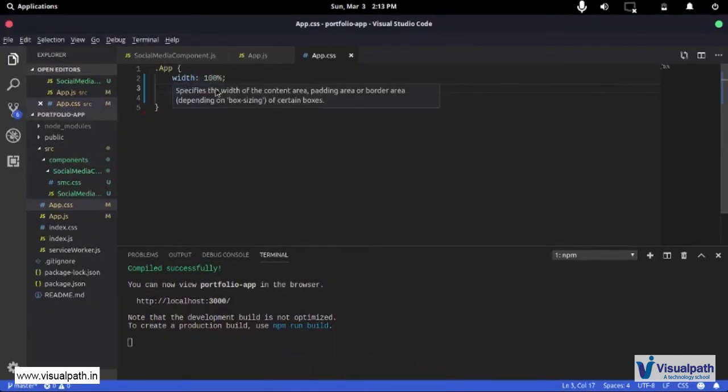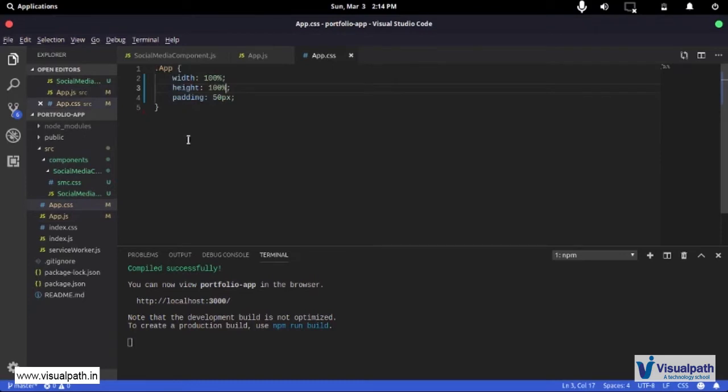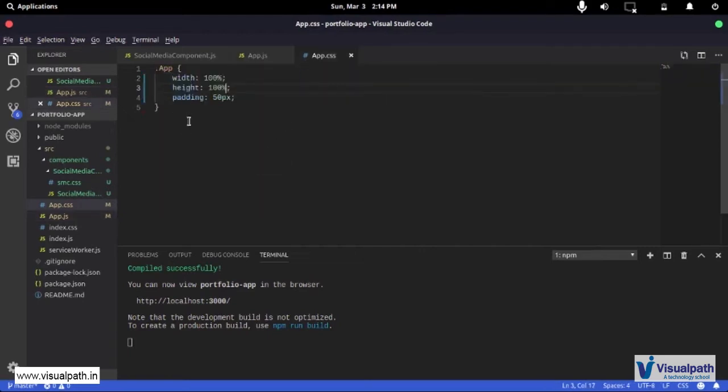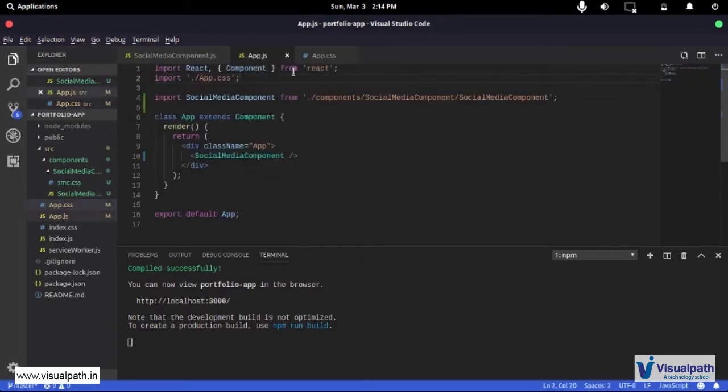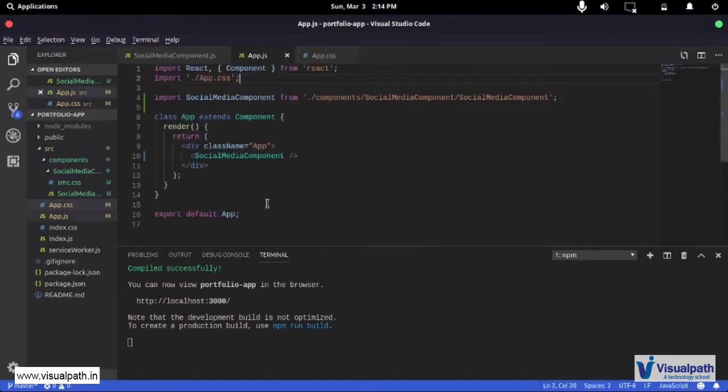Now this is just CSS. How this works is I am importing this CSS file here. If I import a CSS file, what React does is it gives me access to all the classes that I've defined here, or all the styling that I've done here. It loads it inside my component for me. So when I'm importing this app.css without a name, it gives me access to everything I've written here. So I have access to a CSS class called app inside my component. That's why I am able to give div a class.